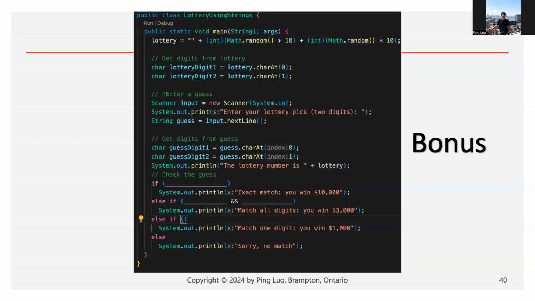I think the second line. The second one. Yeah, second. You will compare lot 1 by guess digit 1 and guess digit 2. No, not for the second one. Then that's the result for the first line. Yeah. In the second, else is